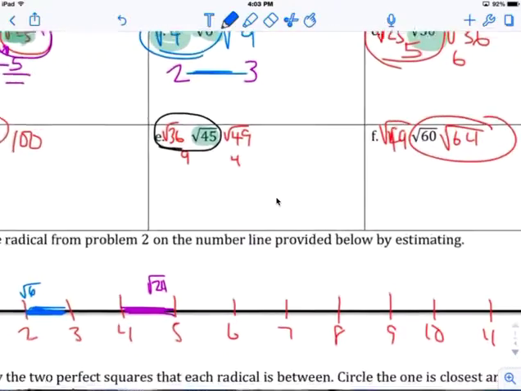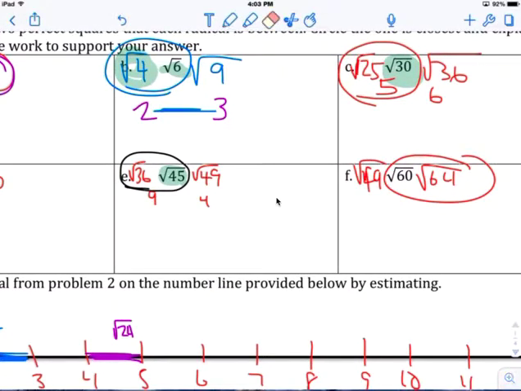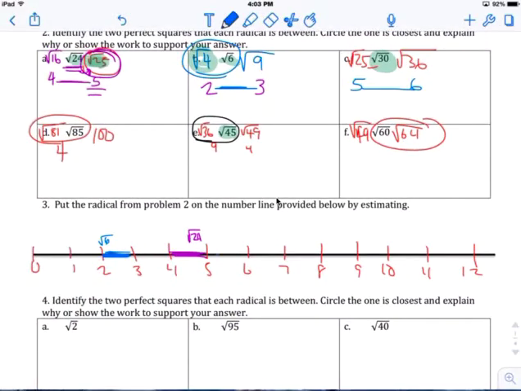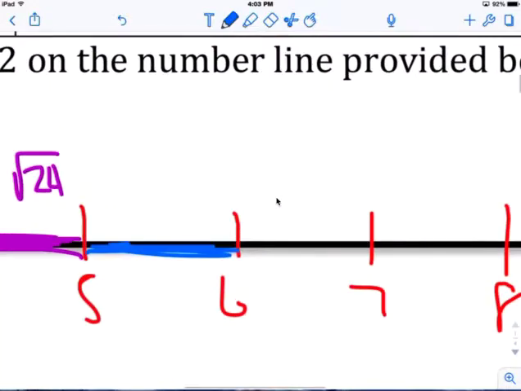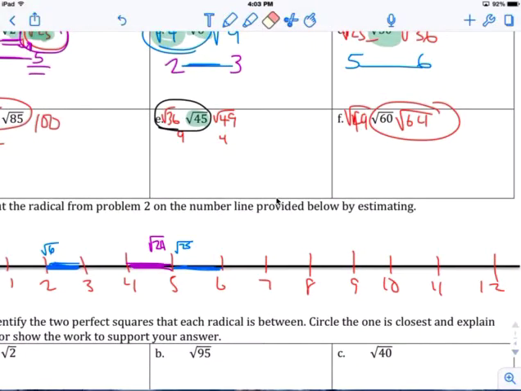Square root of 30. Square root of 30 is in between 5 and 6. It's in between 5 and 6. Square root of 30 is closer to 25. Okay. And then our next one here,